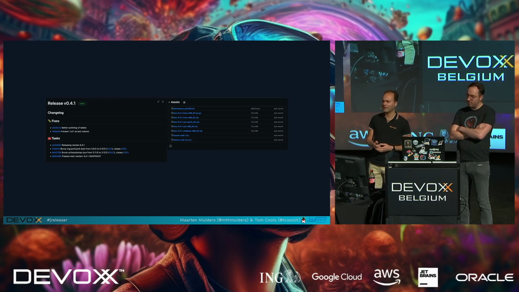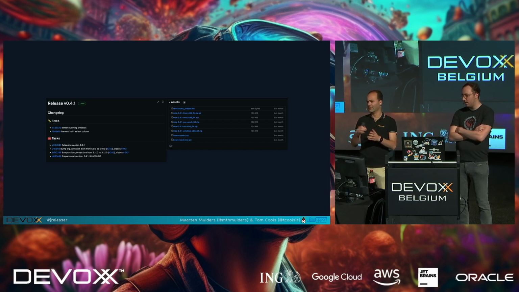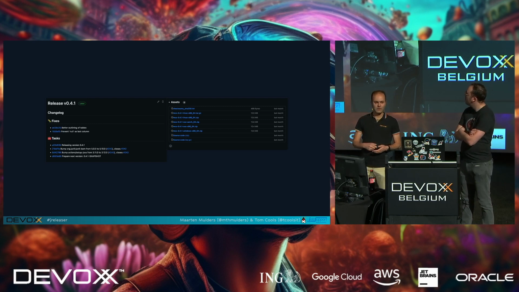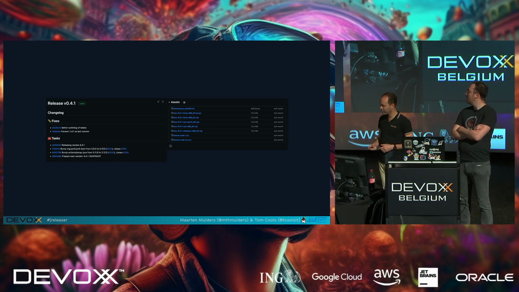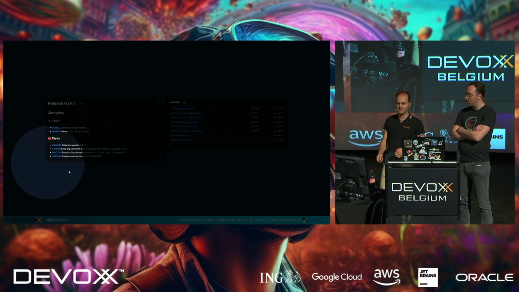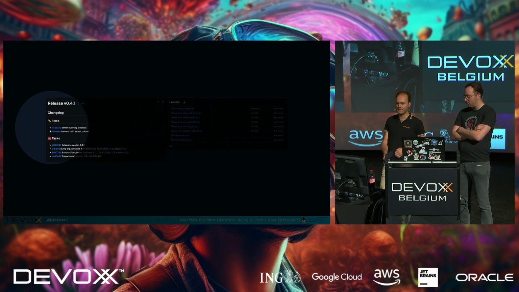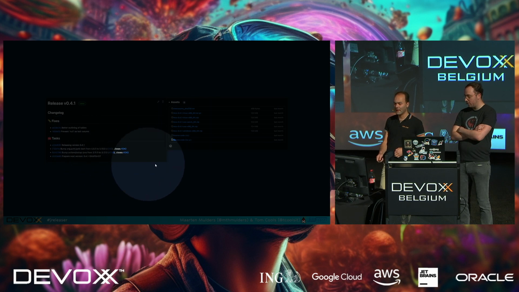Luckily, JReleaser can assist you in that, and I happen to use conventional commits, which is like a template for your commit messages. And if you follow that, JReleaser will just generate a nice changelog for you. It will even group your changes. It will say like, oh, these are the real bug fixes, these are some maintenance tasks,